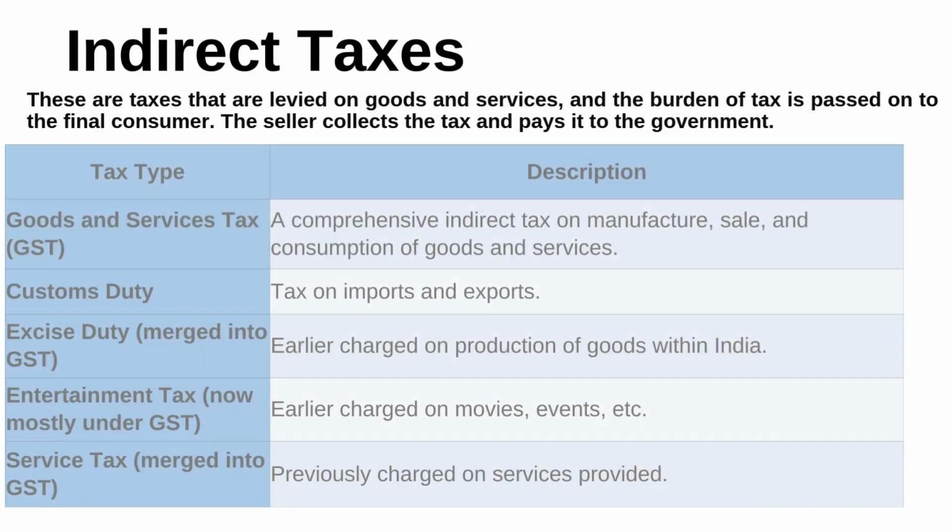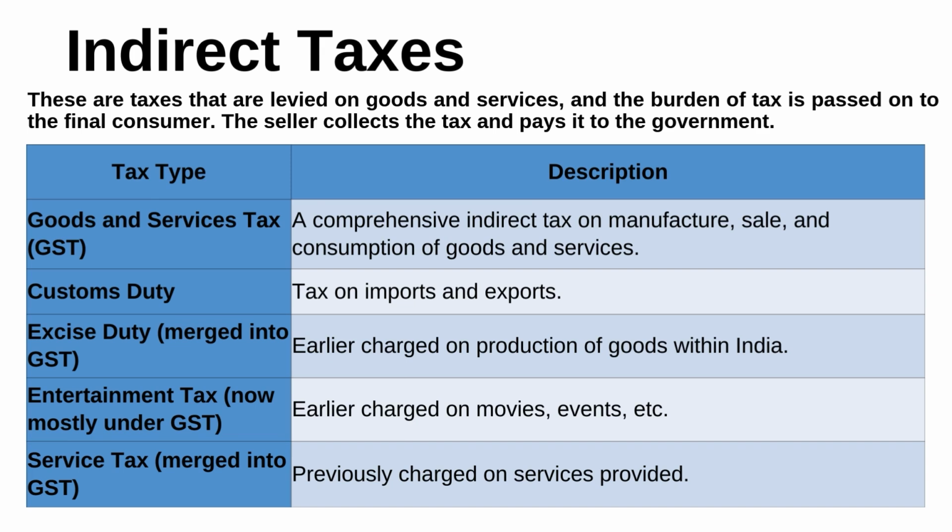Then we have indirect tax. What do we mean by indirect tax? Basically, these are taxes that are levied on goods and services, and the burden of tax is passed on to the final consumer. It is collected by the seller, or those who provide these services to the customer, and finally the burden of tax is passed to the final consumer. That is known as indirect tax. The seller collects the tax and pays it to the government, but the burden of this tax is shifted to the